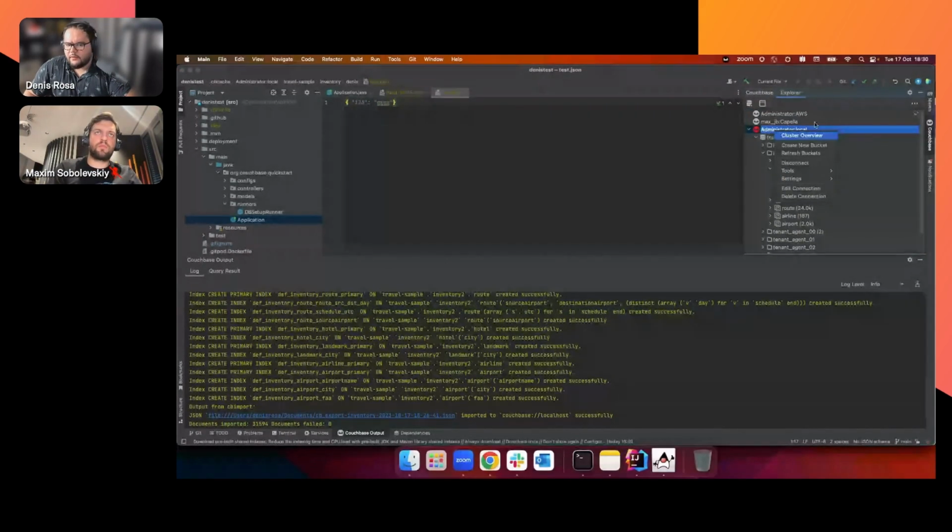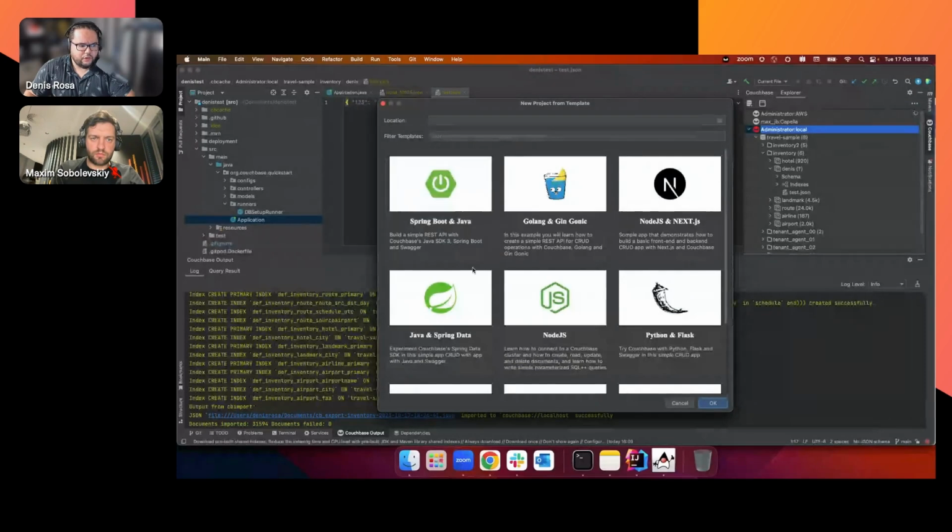What else? Of course, we have refresh buckets, a few other things that I probably will skip because you guys probably understand the basics, right? Another thing that we have here is also a project template. So let's say you can suggest features and report bugs. This is an open source project. It is on GitHub. But if you want to, let's say, create a new project using Couchbase,